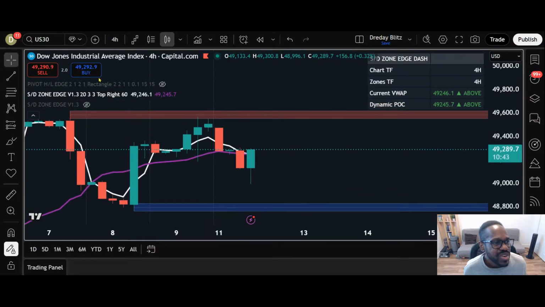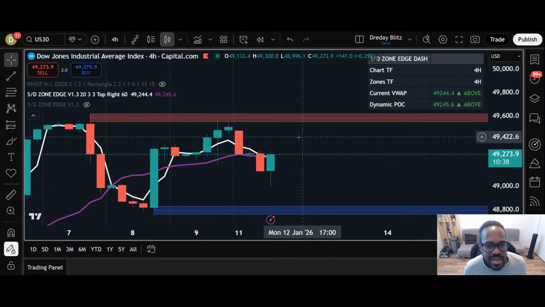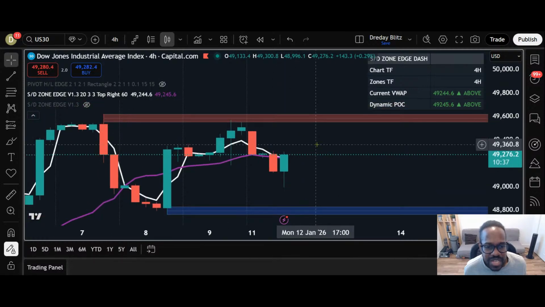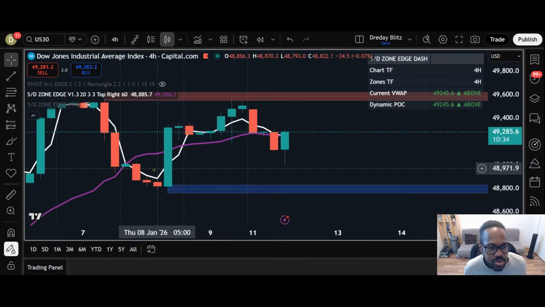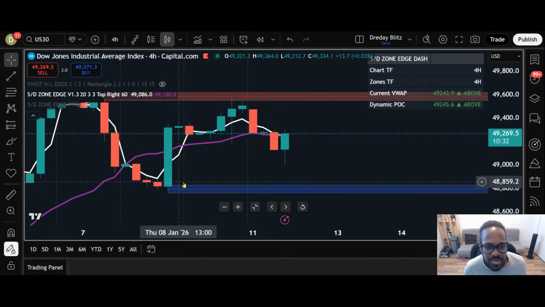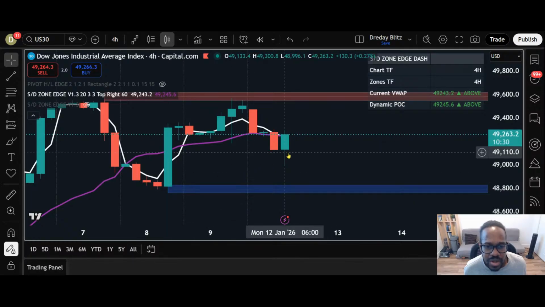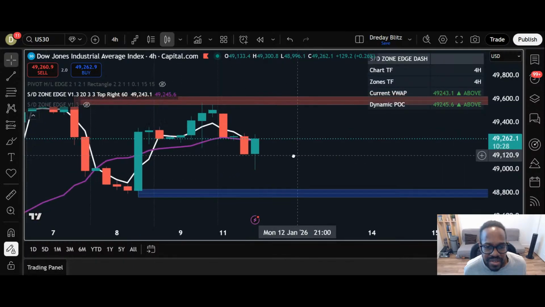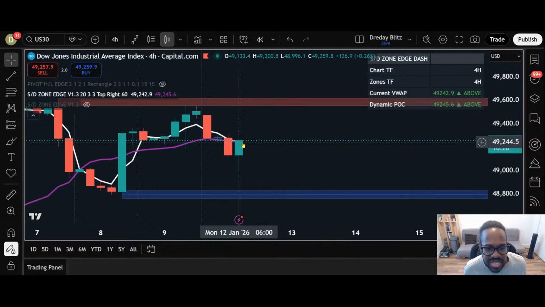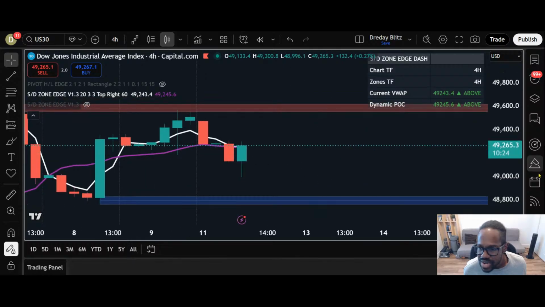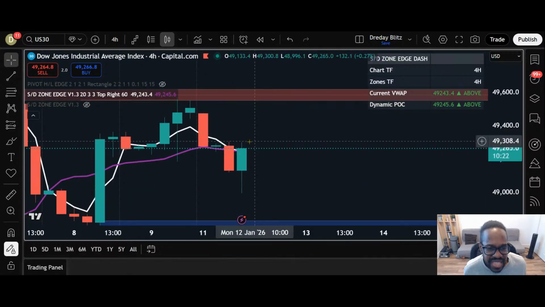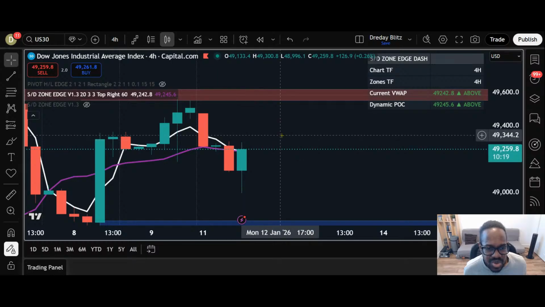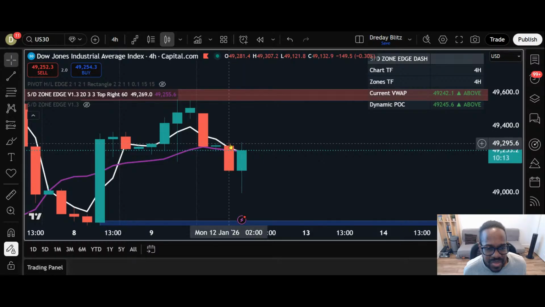So we're waiting for that break to the upside here on the 15 minutes. So we have a supply zone right here. No demand zone. The demand zone was pushed from here. So we're creating a lower high. And remember, this is a 4-hour candle. So right now, this is going to close at 10. So at 10 o'clock here, we should have a push above that candle,